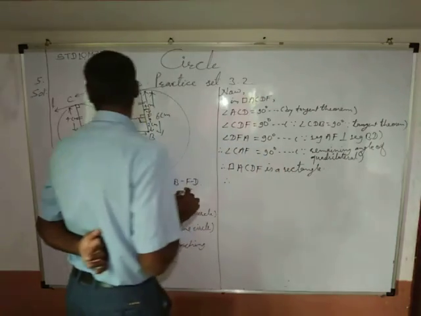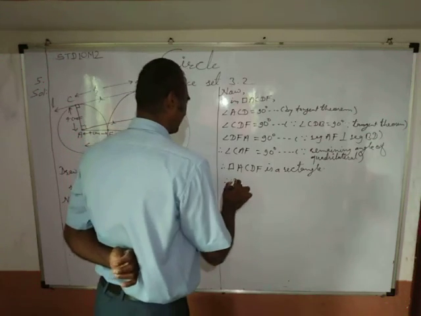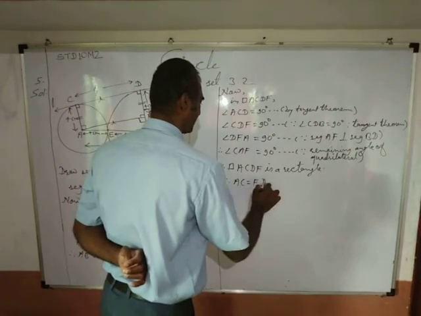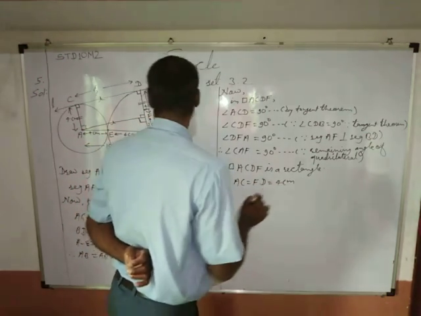Therefore AC equals FD equals 4 centimeters,